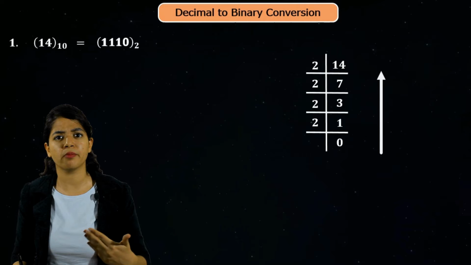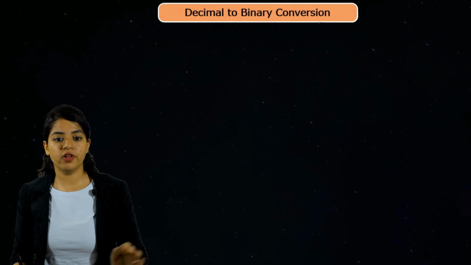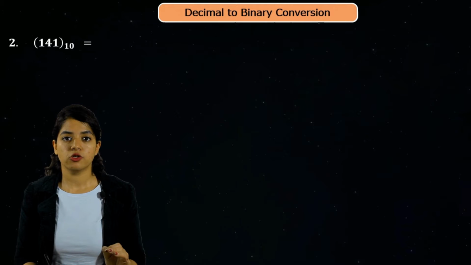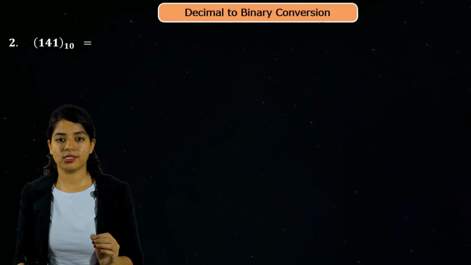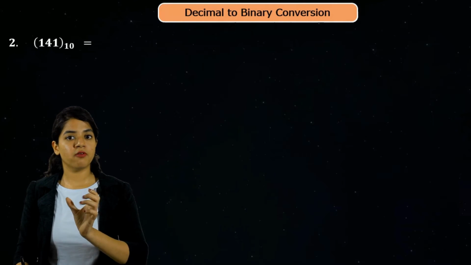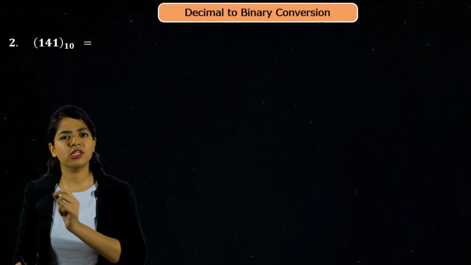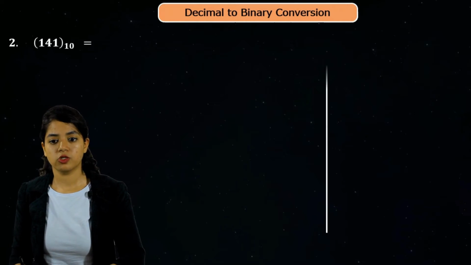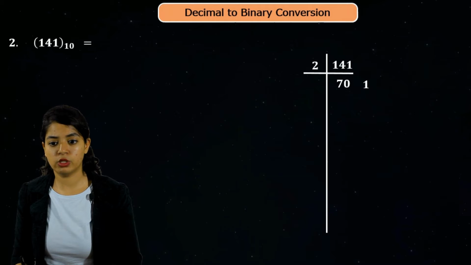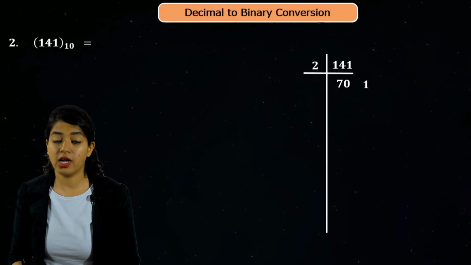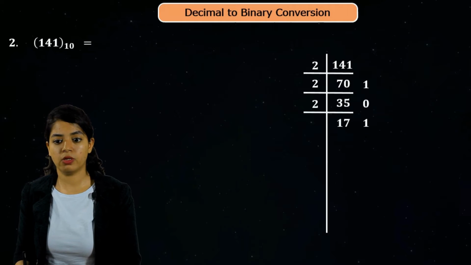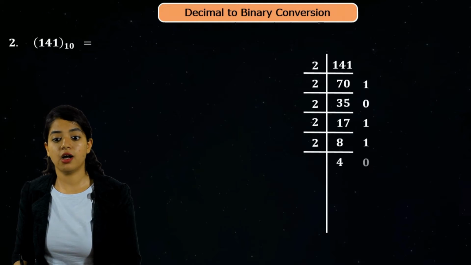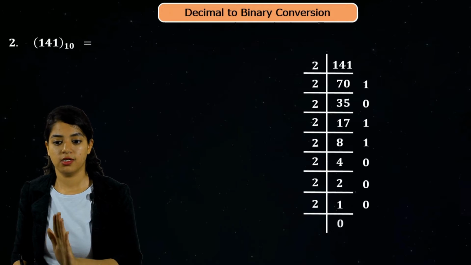Alright, let's understand this with one more example. So we will consider number 141. So 141 in decimal, how is it converted into binary number? So let's understand. We will consider the number 141 and we will divide it by 2, and we will just write the remainder on the right hand side, okay. So we consider 141, we divide it by 2, the remainder is 1. Similarly, we now have the number 70, we will again divide it by 2, so the remainder will be 0. Again we will divide it by 2, remainder is 1. We will divide it until we get 0 here.